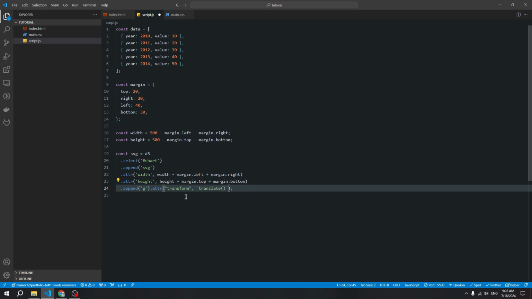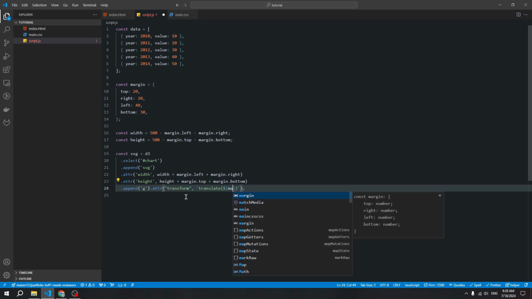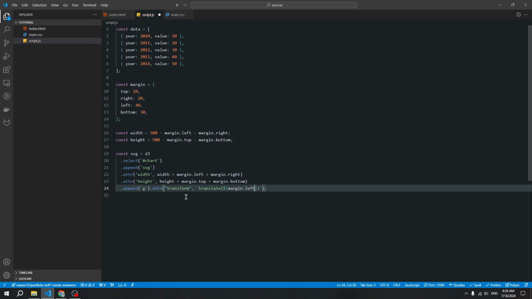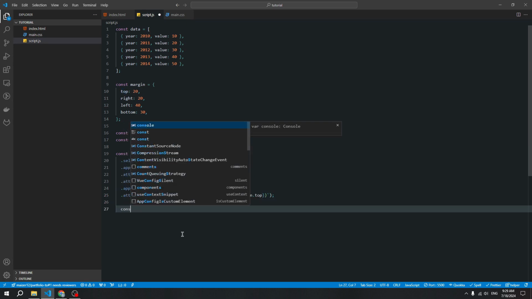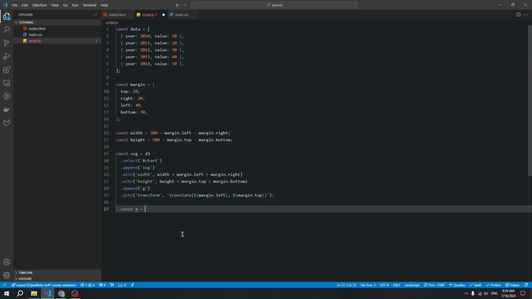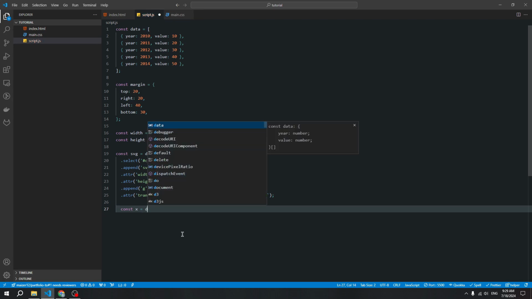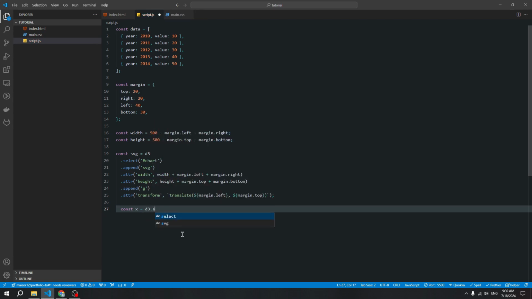Okay, and now we can connect our margin left and connect our margin top. And next, set up scales for the X and Y axis. Create new const. It will be our X and using again D3 and method scale